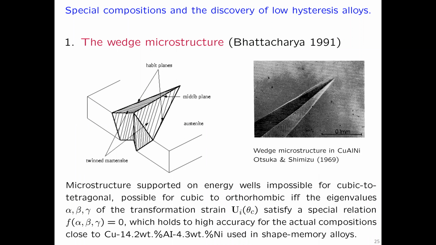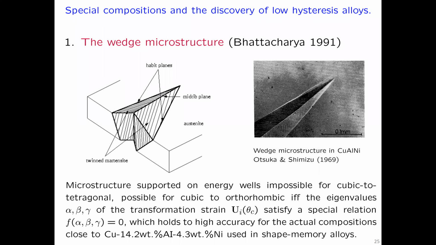And it turns out that, remember, in cubic to orthorhombic, there are three parameters, alpha, beta, and gamma. So you can only make this configuration if alpha, beta, and gamma satisfy some algebraic relation between them. And that relation holds with high accuracy for the actual compositions of the